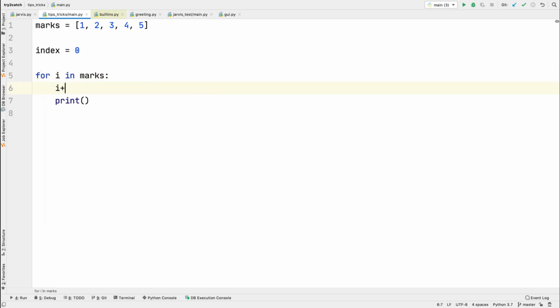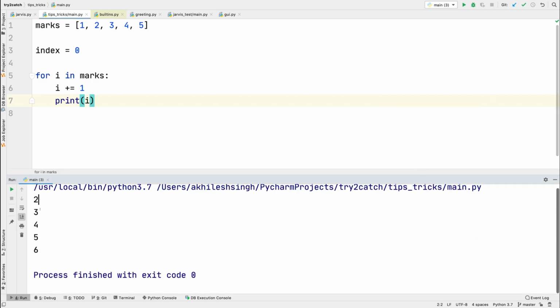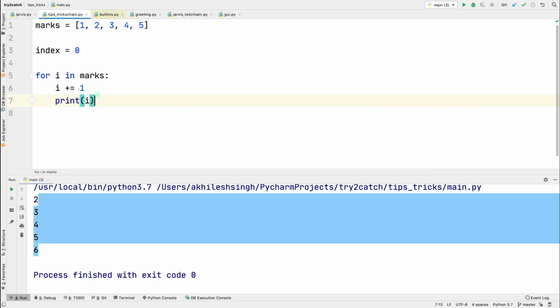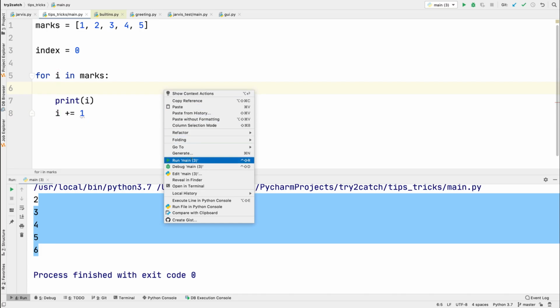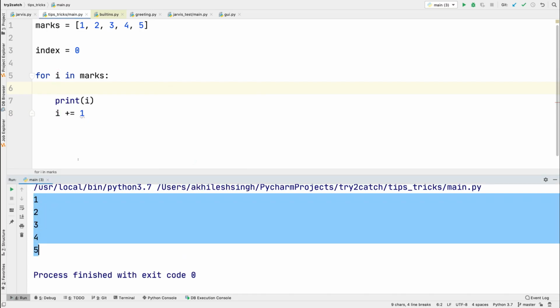index, like this, right? And here I'll just print the index. Now it will print each iteration. Here you can see 2 3 4 5, right? Because I need to put the increment here, that's why it doesn't print the 1, right? So I'm just going to run it. Yes, this time we have 1 2 3 4 5,